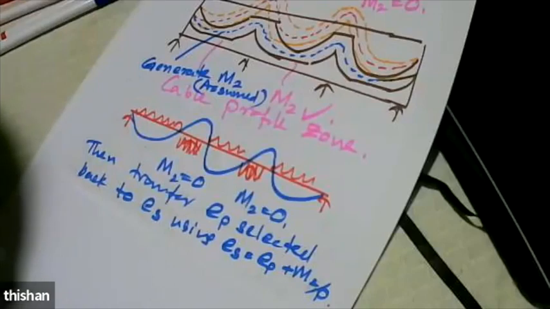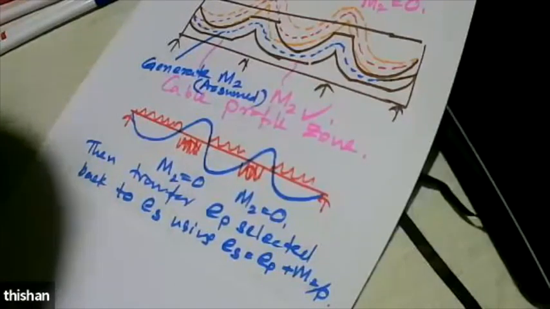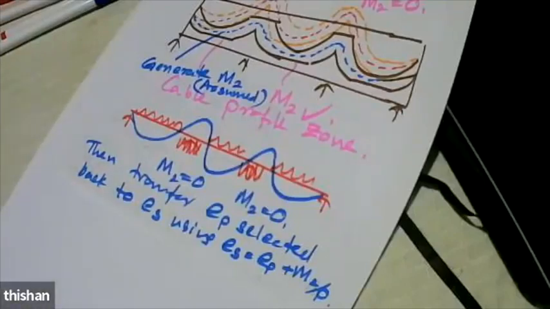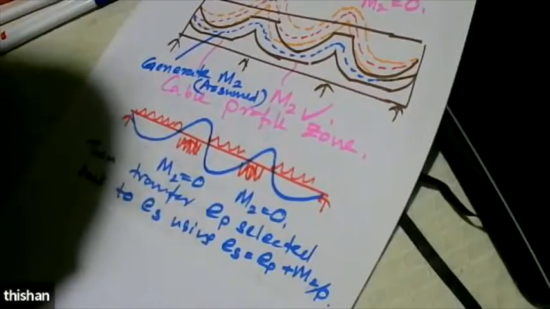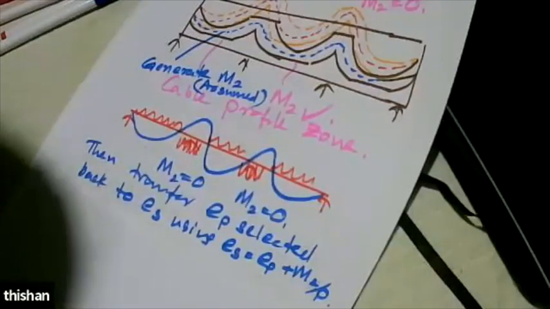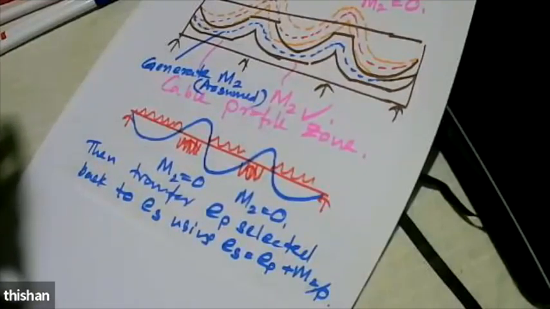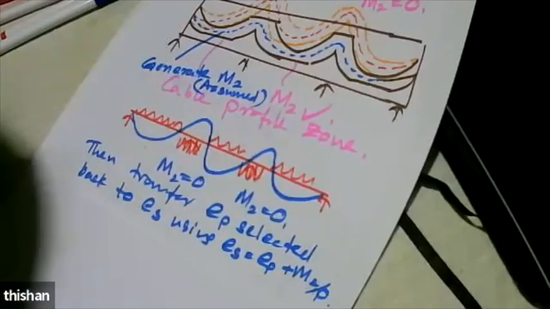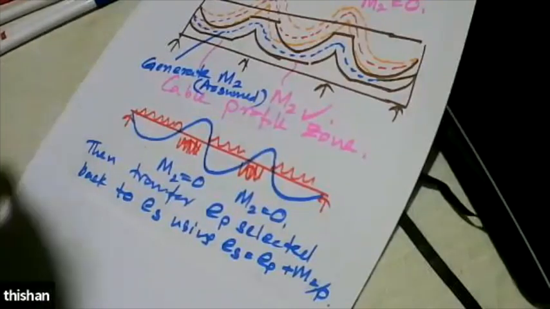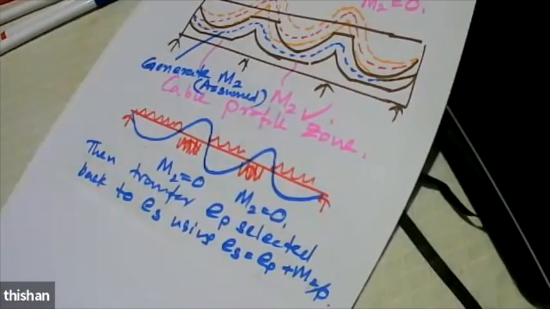The theory is that there's something called linear transformation, which you can find in any textbook. And then there's something called concordant profile that you can find in any textbook. The concordant profile is a profile that does not generate secondary moment. Linear transformation is finding a line of thrust from a cable profile. Right? So those are standard methods that are there. And using all these standard methods, we have developed a method where